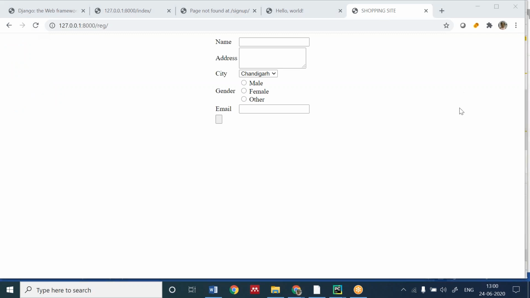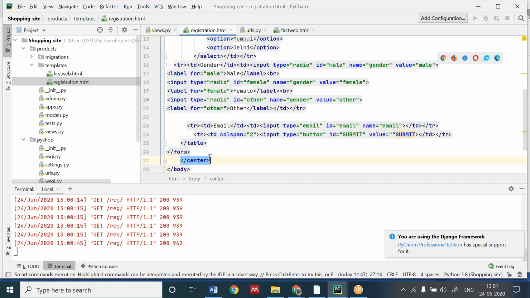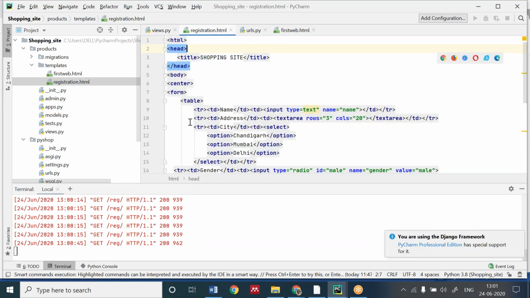Everyone got it? See, my program is running. Yours should also be running. Okay, Ashwani has given me the code. Good. Only Ashwani has given me the code. Shreyansh, as I resolve it, you can resolve your problem also. Good, Ashwani. You have to use the center tag. See, I've used the center tag before the form.